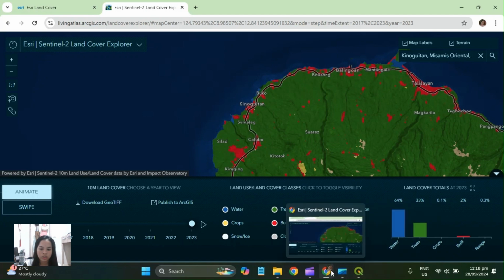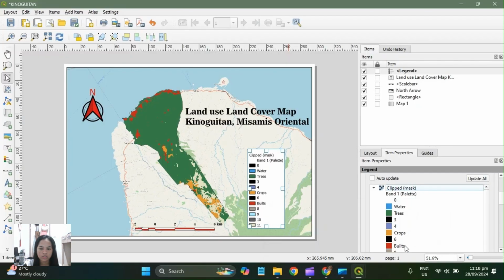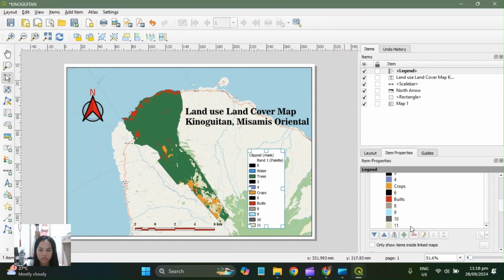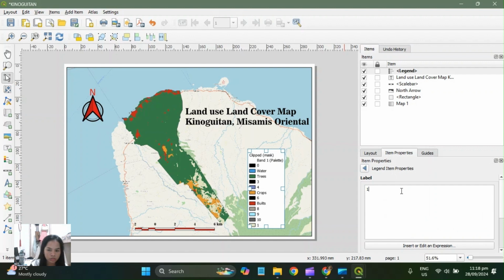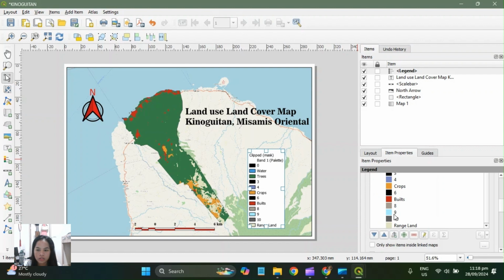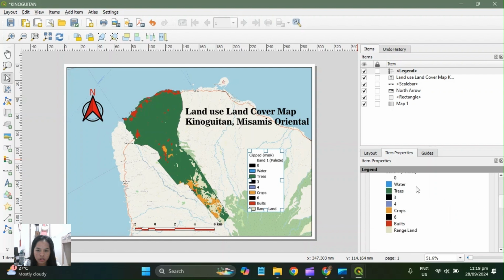Go back to your QGIS. On rangeland, you can select those colors that don't have a property.